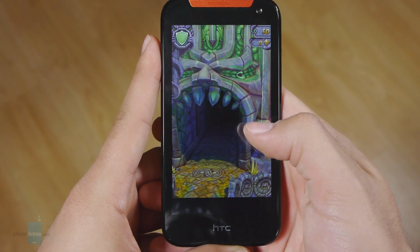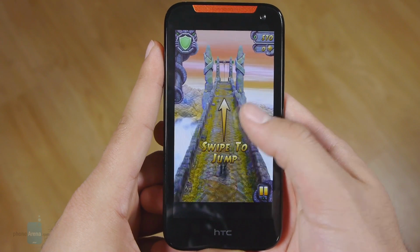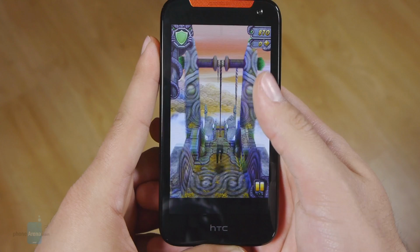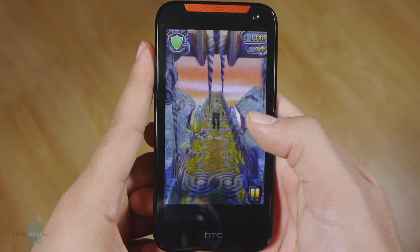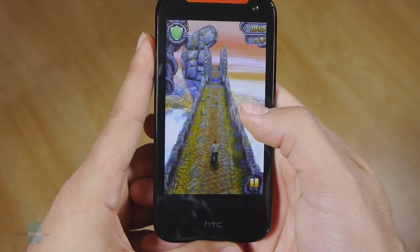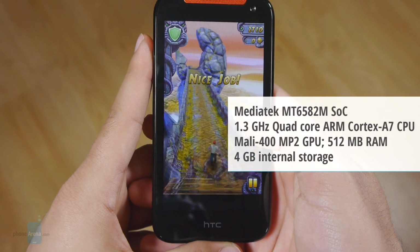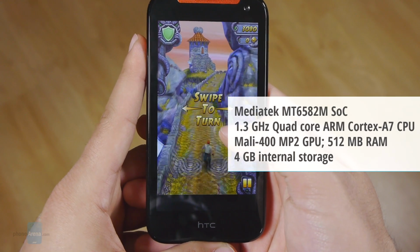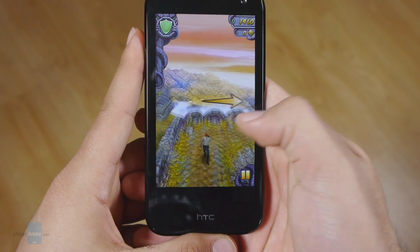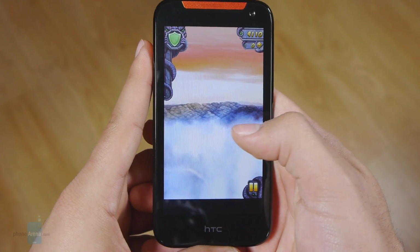An entry-level model the 310 may be, but that doesn't mean you have to suffer through painful hang-ups and load times. Navigating throughout the UI and indeed throughout apps is speedy and responsive. The quad-core MediaTek chip the phone is packing is actually quite potent for this class. What's more, the silicon actually allows for a bit more serious gaming thanks to its dual-core Mali 400 GPU, though the 512 MB of RAM do put a ceiling on what it can do, both in terms of gaming and